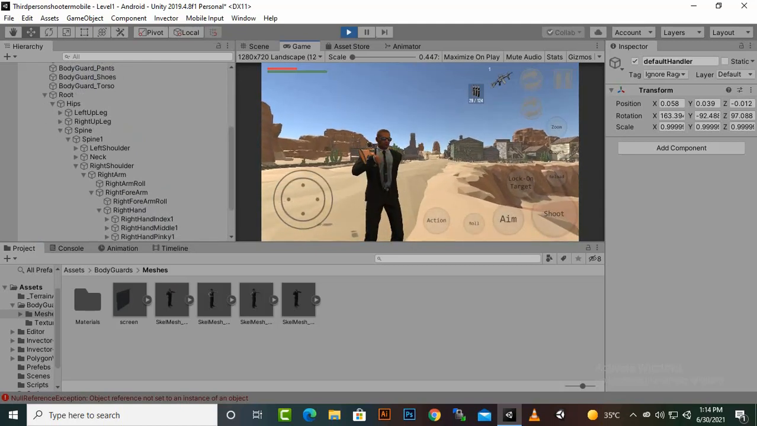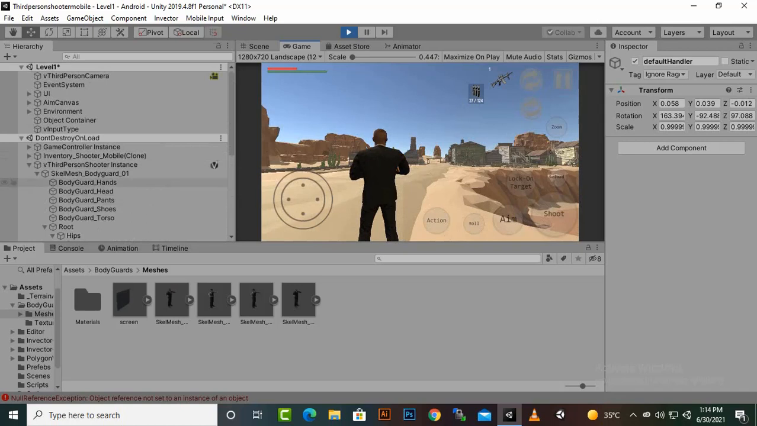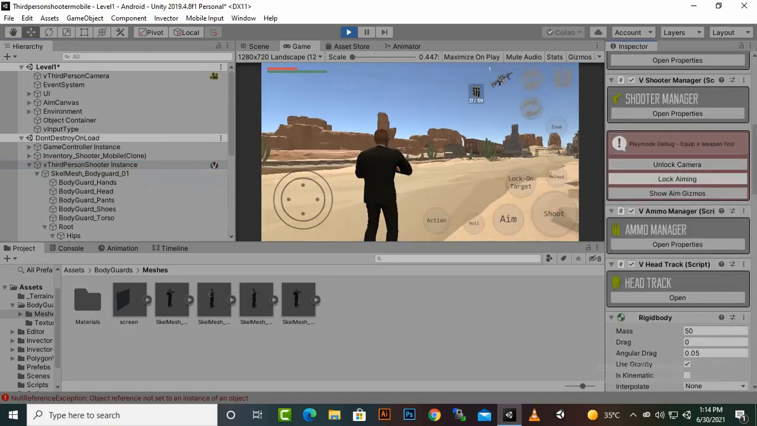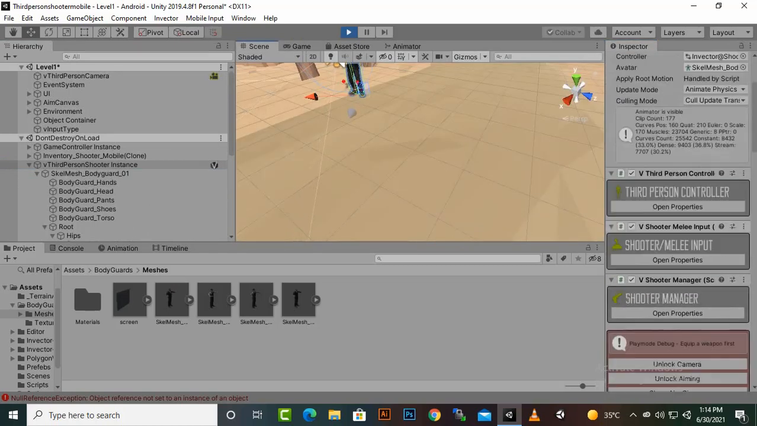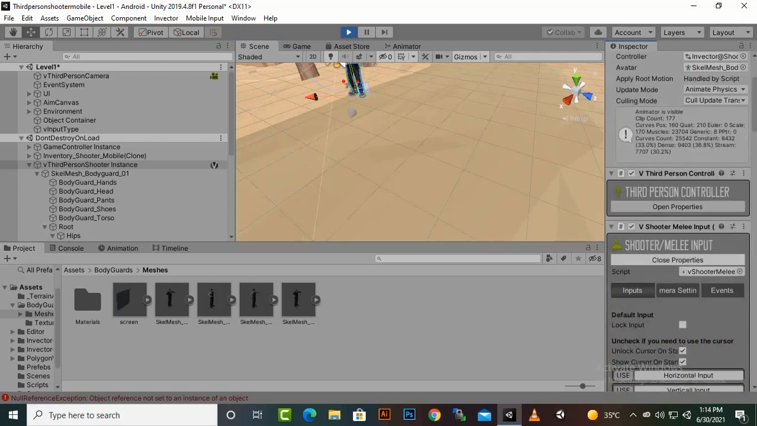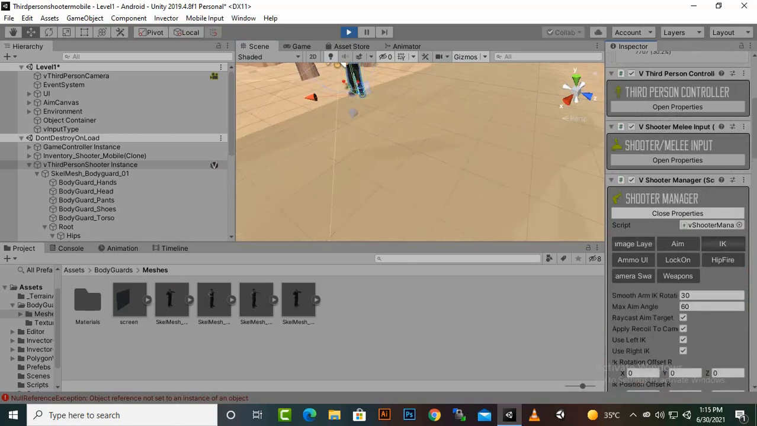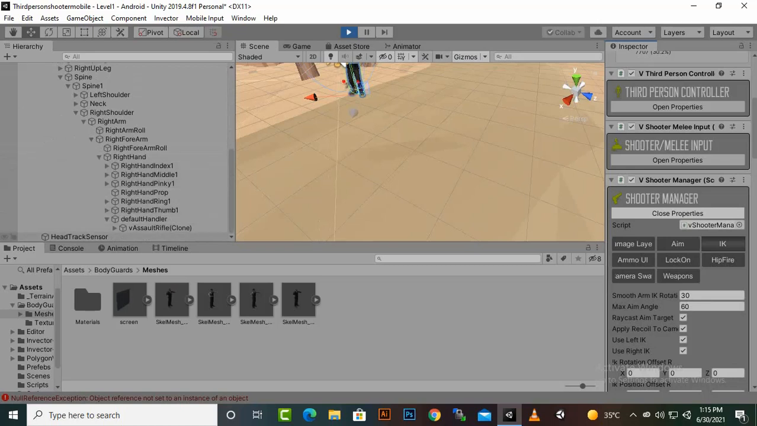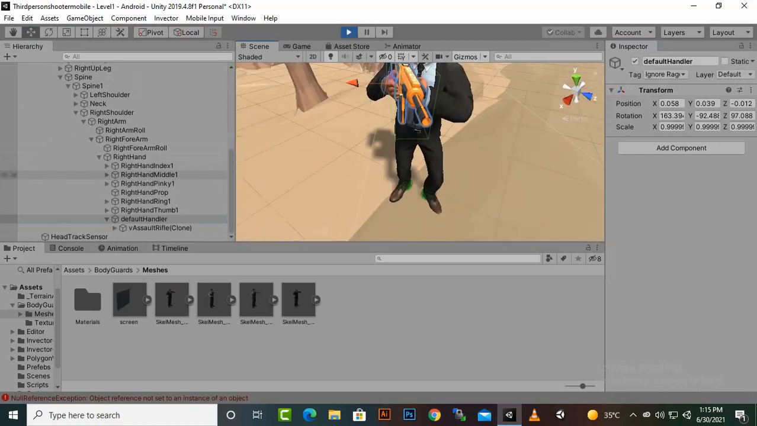Okay, so now we will actually set up the left hand IK. For that we will select the third person shooter, and again we will lock camera and lock aiming. We'll go to scenes, and then in the shooter manager we will open the properties, and then go to IK, and zoom in a little bit. So I think if we select the default handler and go here,